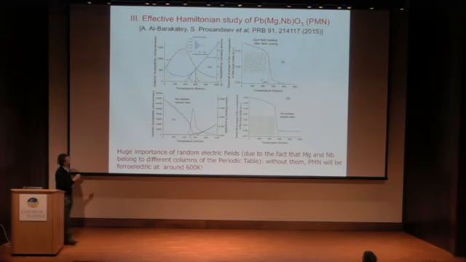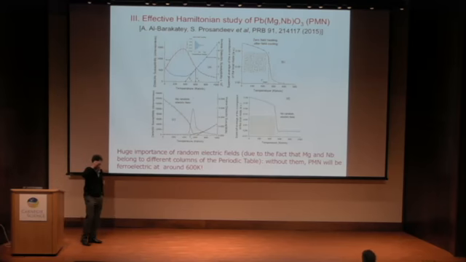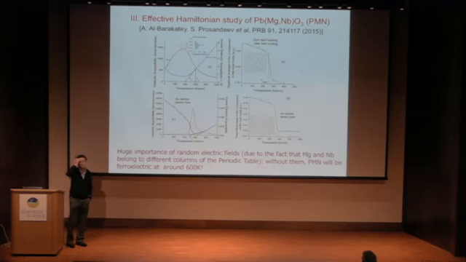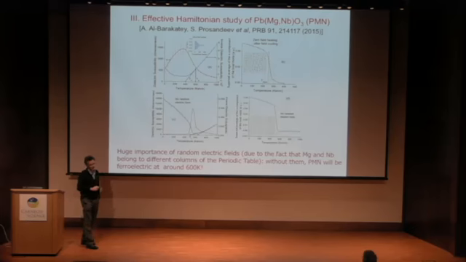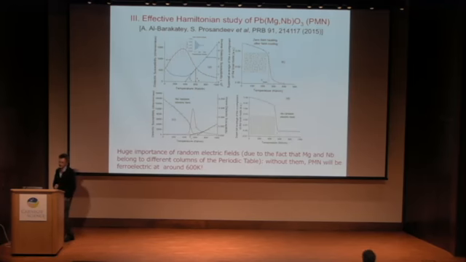Why do I say elusive? Because you can see the first author is Abdullah Al-Barakati. We started this study when Abdullah was a graduate student in Arkansas, and he graduated in 2004. So it's already 12 years. And every time we were discussing, I was not happy with this effective Hamiltonian, so we continued to improve. And now we're quite happy with it. Sergei Prosandeev was really instrumental in making this effective Hamiltonian work, and Ibrahim Dekil, who is here, also helped us a lot to understand what is known in the experimental literature of PMN.